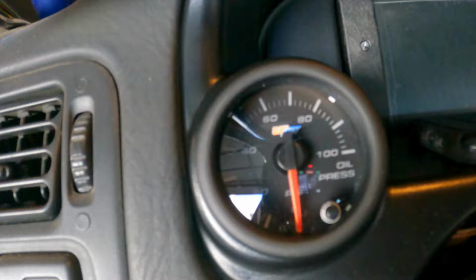I didn't account for this, and I got confused as to why I wasn't seeing oil pressure, and I thought maybe it was because the starter didn't have enough RPM to crank the oil pump fast enough to get oil up all the way to the gauge, which technically it should if you crank long enough. I should have seen oil pressure here, but the power was cut to the gauge, and without power, it's not going to register what the